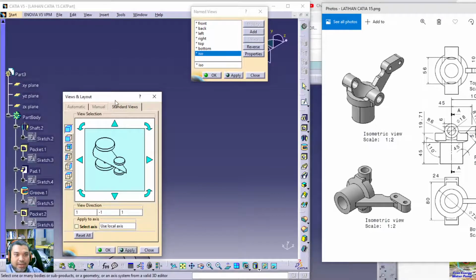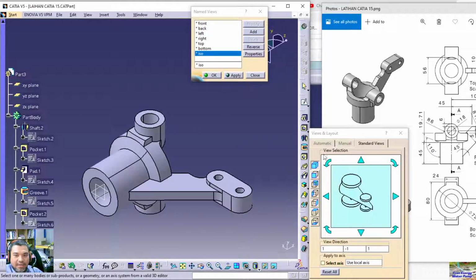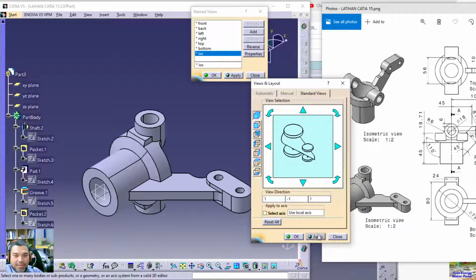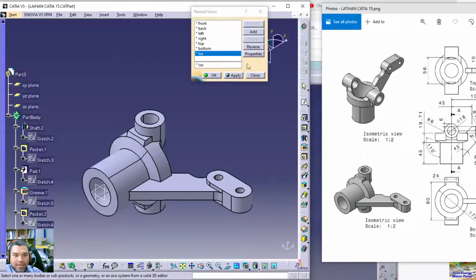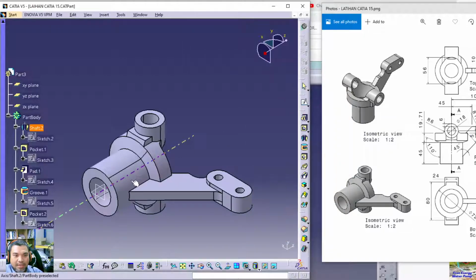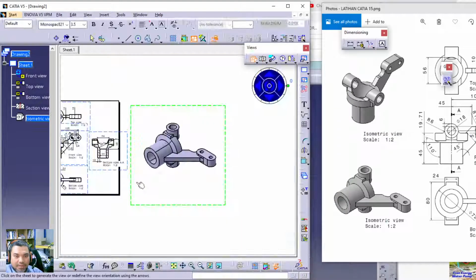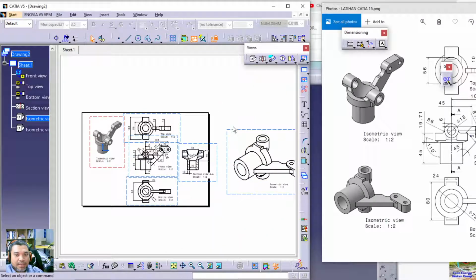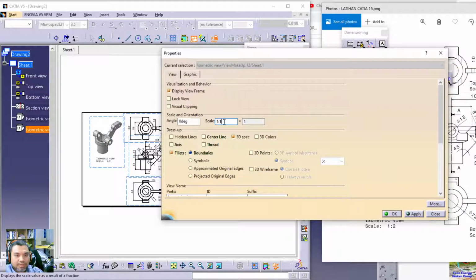All right, so now we got it. Now we got the shape, that one, and then we can apply. Hit apply, click OK, click OK, and then click the view. Then we get this view. Okay. Once you do that, click OK again. The same part. This one, is it this one? Okay, now properties, change the ratio to 2,